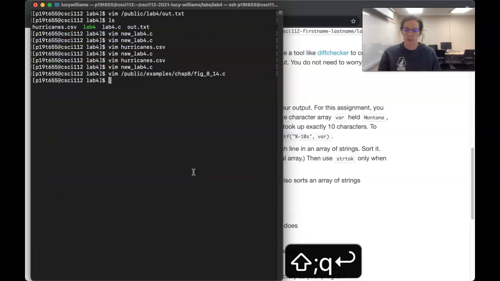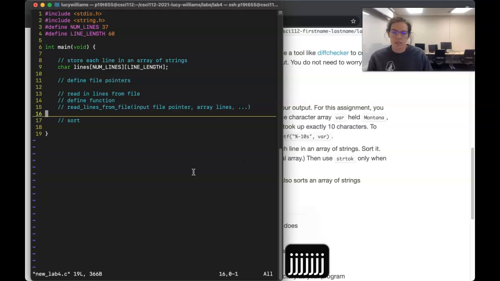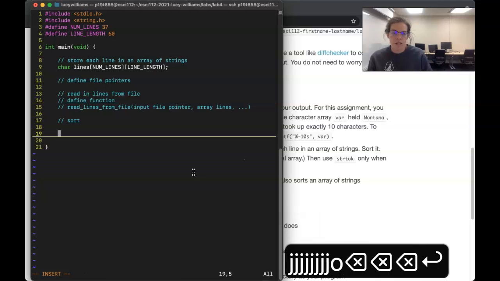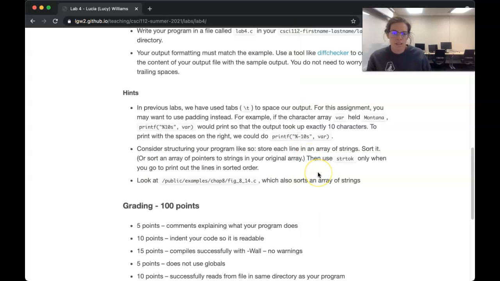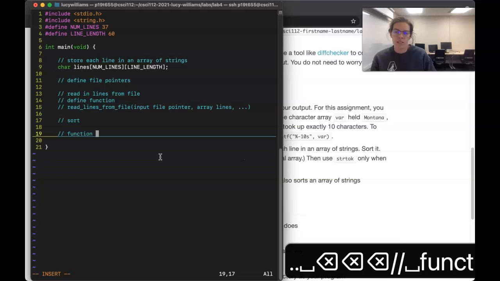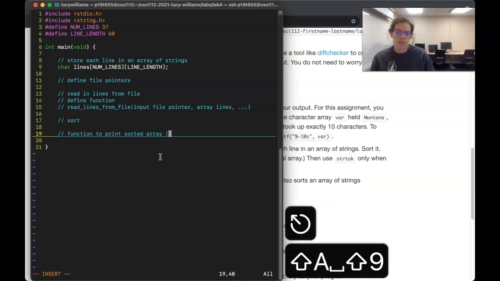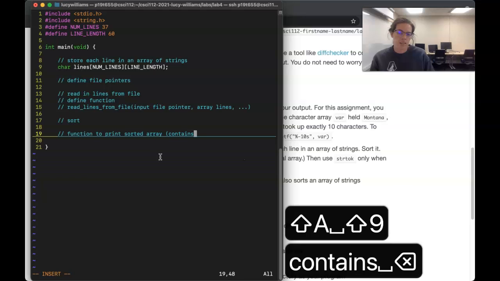That is available, so definitely take a look at that if you want. So we're going to need to sort, and then I probably would have some function to print the sorted array,